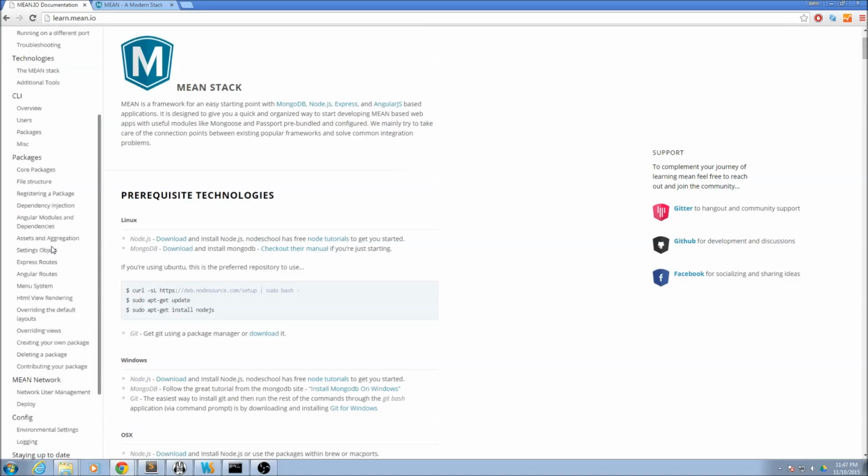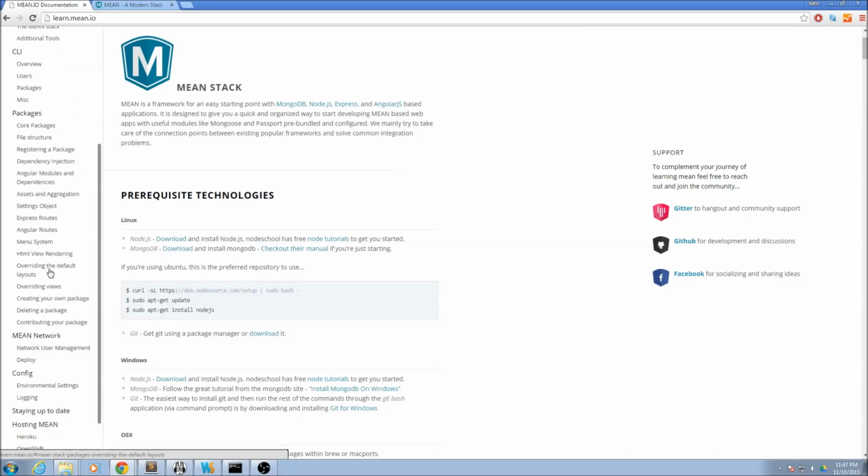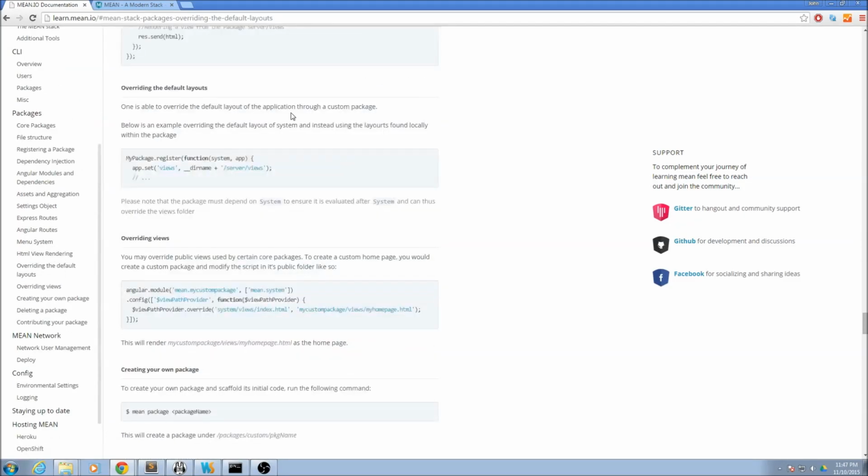This is explained in here. There's overriding the default layouts. So basically what we're going to do is something I like to set up with a new Mean app: a package that's going to deal with all this overriding, potentially also a general common package that all of my other packages can depend on. I can ensure the CSS is loaded so that I can use some generic CSS classes, or I can put directives in this package that are generic. Anything that I want as a core or base for your app. So